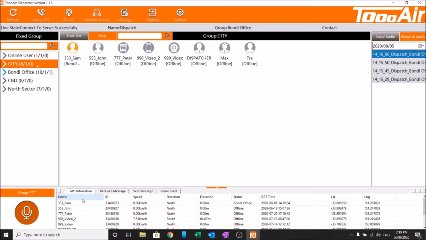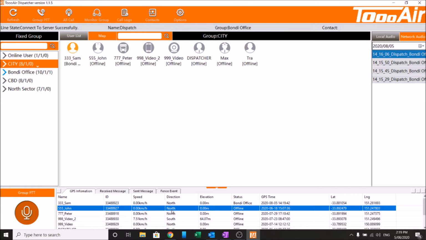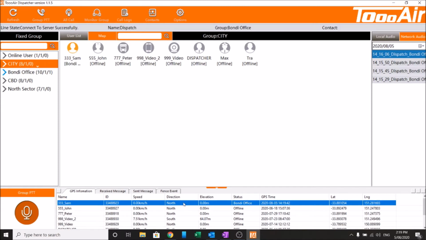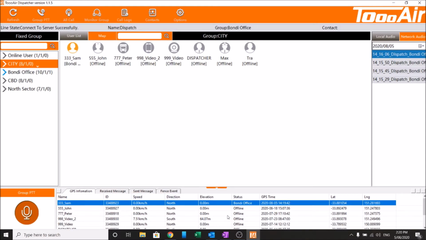The GPS information tab or display tab down the bottom offers the full GPS display of our radios. This information will only be delivered if the radio has a GPS fix and requires the radio to be 4G or an application to gain the information for direction and elevation. As we can see here, Sam has last got a fix at 2:20. So yes, that is correct. We are at